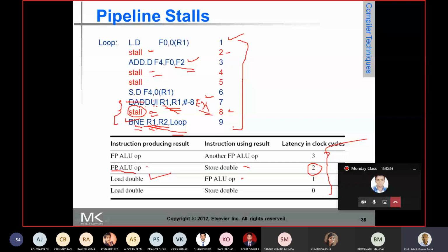In any case, the data dependency has to be preserved.